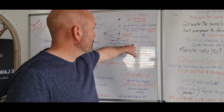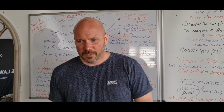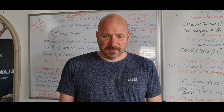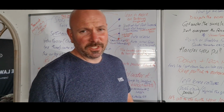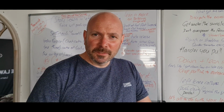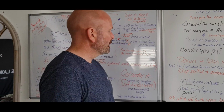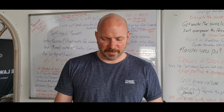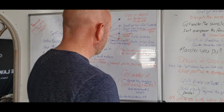We can also get automatic vertical force using the ground. You're told to use the ground in your swing, but if you haven't positioned yourself properly at the top of your swing, that's just not going to happen. We can position the body at the top of the swing in a way that you will use the ground automatically. The harder you go, the lower you need to go. That basically means the more force you apply in the golf swing, the lower you need to be to balance out that force. Otherwise, you're going to fall